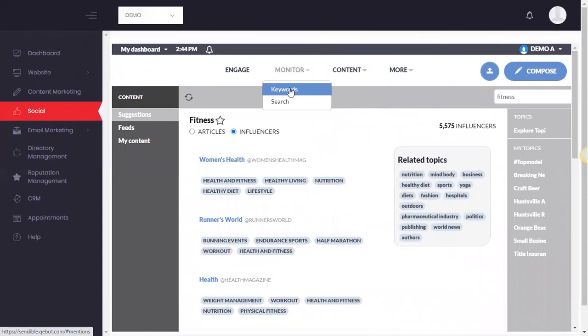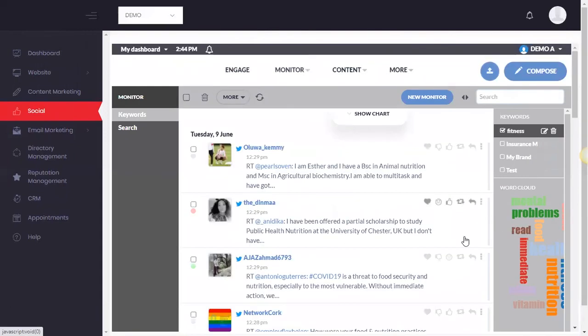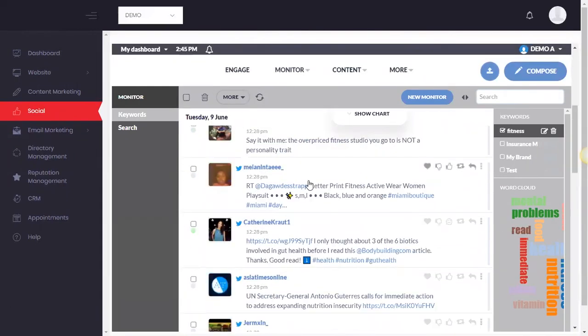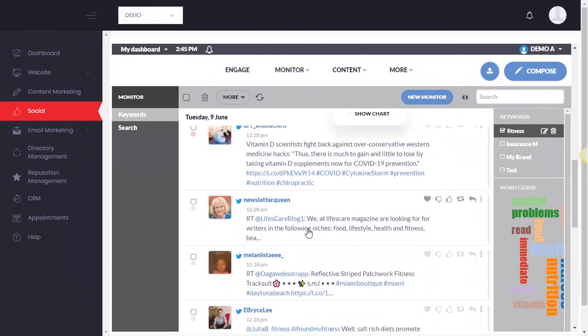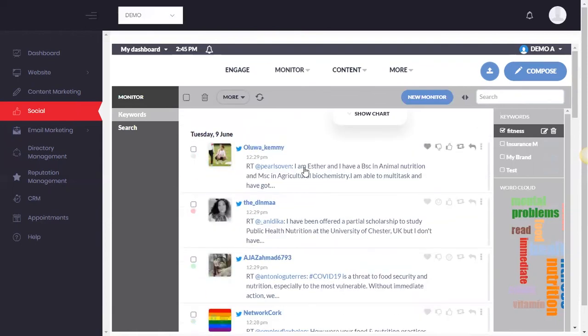Another cool tool in here is the keyword structure tool. You can come in here and actually set keywords. So I've got fitness set up as a keyword in here, and then I can see content from other people based on that specific keyword, see what other people are sharing. And from here, I can actually like it. I can set it negative or positive for myself. That way I know it's going to find more content or less content like that one for me when I come in here again. I can retweet it, I can reply to it, all these different kinds of systems to really make sure that I'm finding new content on a regular basis.